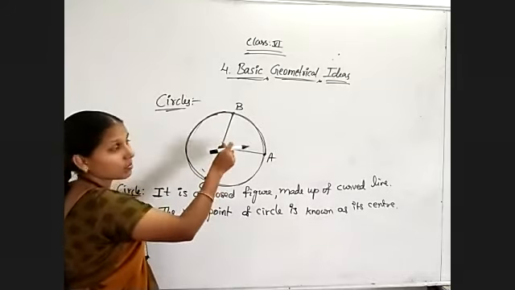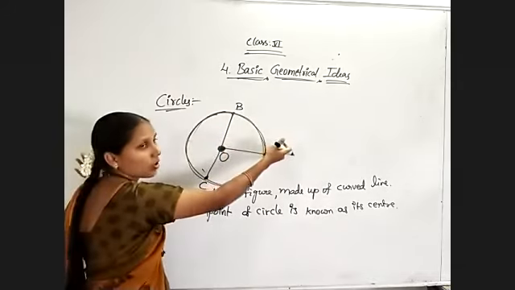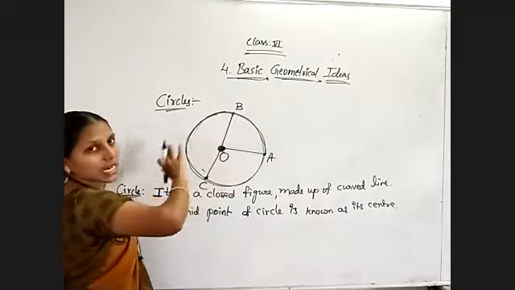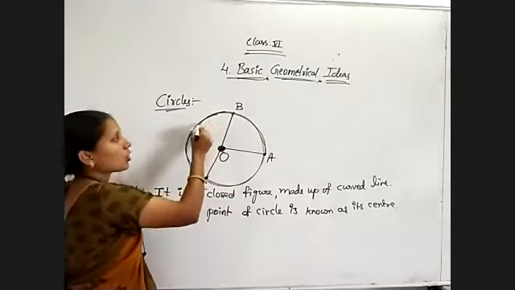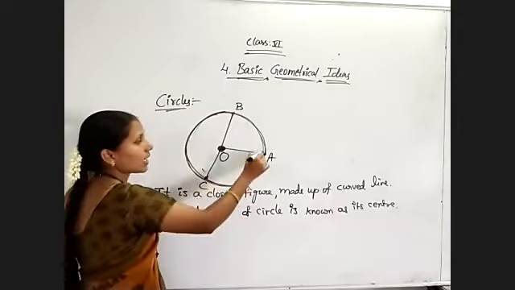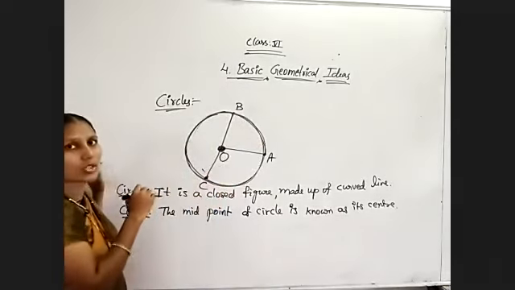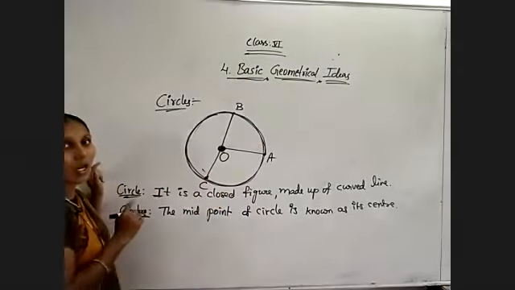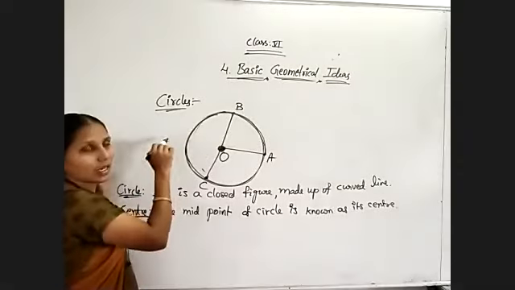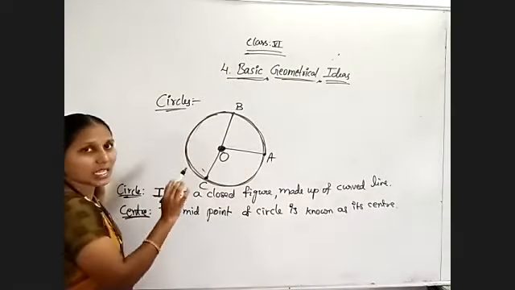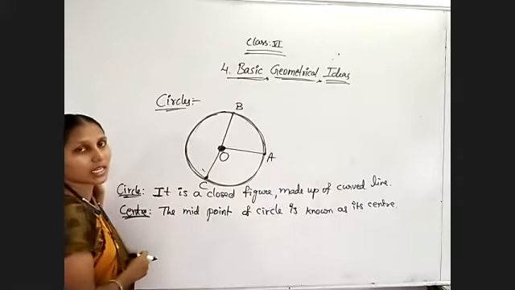Border is known as the boundary of the circle, and outside the boundary is known as the exterior of the circle. This total border length, that is, the total boundary length of a closed figure, is termed the perimeter for a polygon. But it is a circle, so it is termed the perimeter or circumference of the circle.